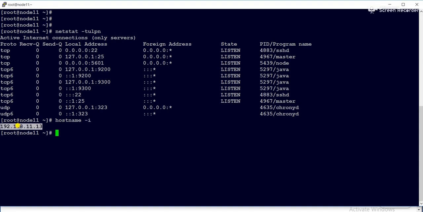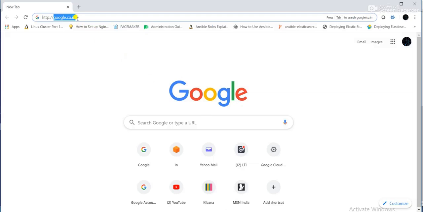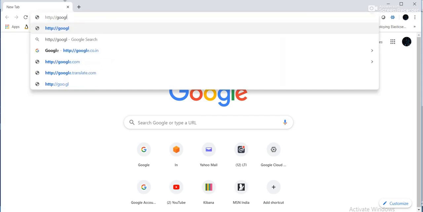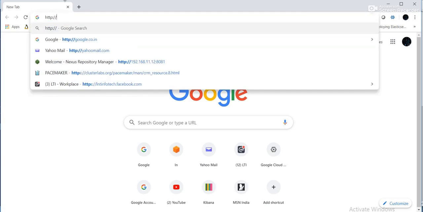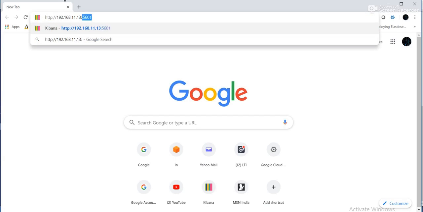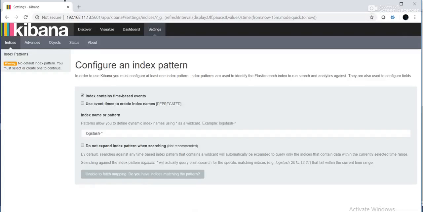So this is my server IP address. I will paste it, then :5601. Okay, now you can see this is the Kibana dashboard. So now everything is fine.